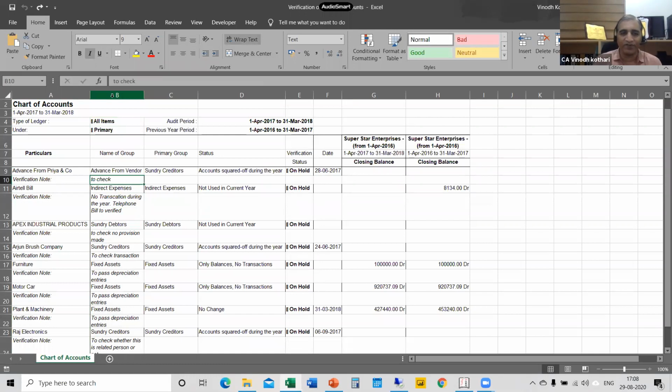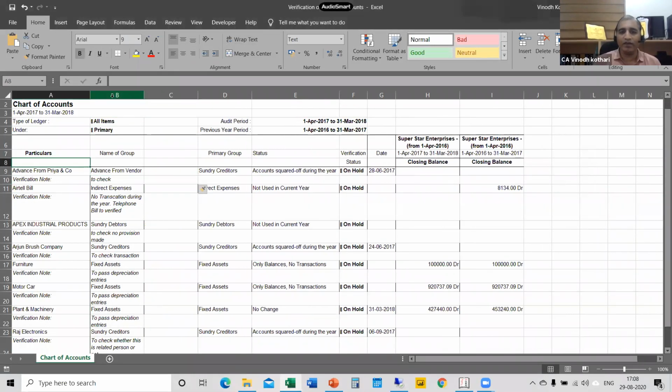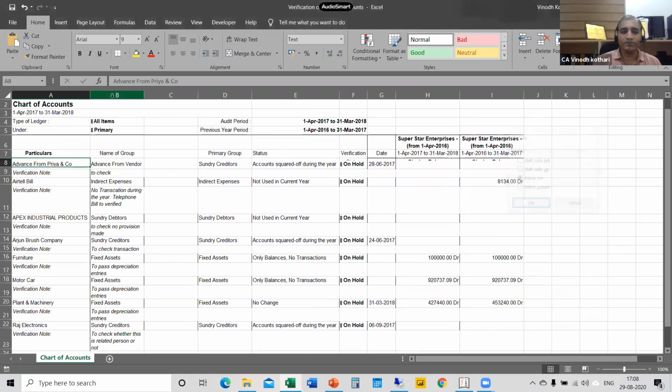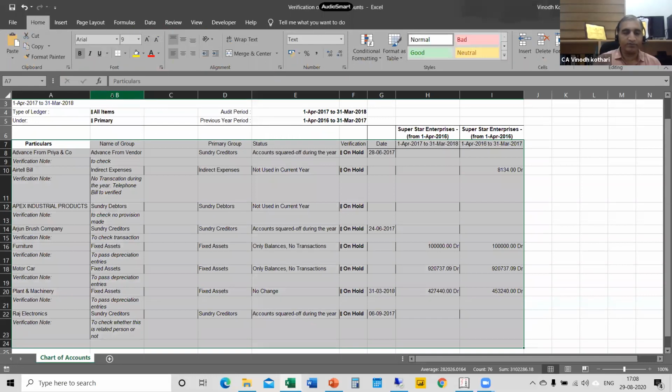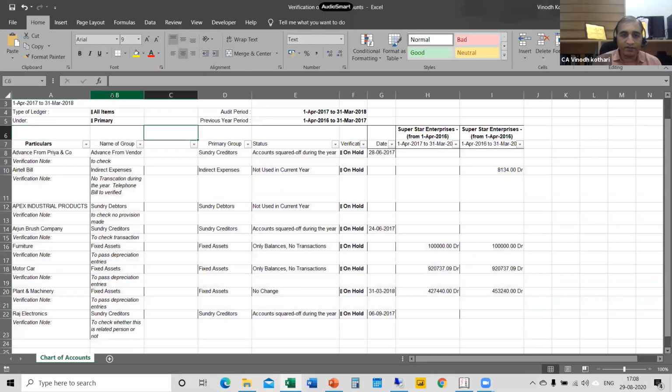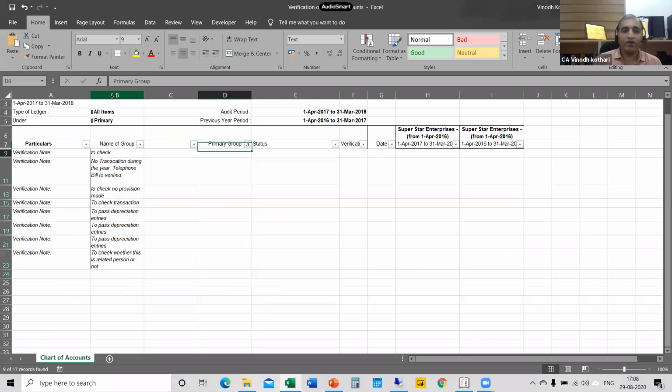What I do is I transfer all these narrations to a separate column, so that it becomes easier for the client to understand. Like I insert a column here, then I add a filter here. Then in this place, I select the blank. So once I select the blank, only the narrations come.